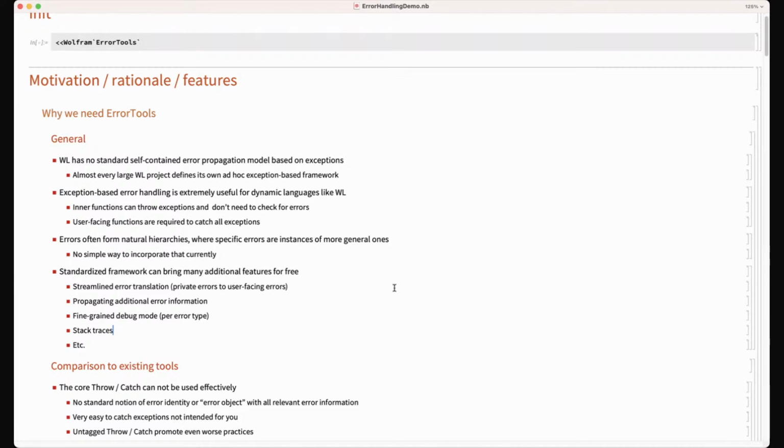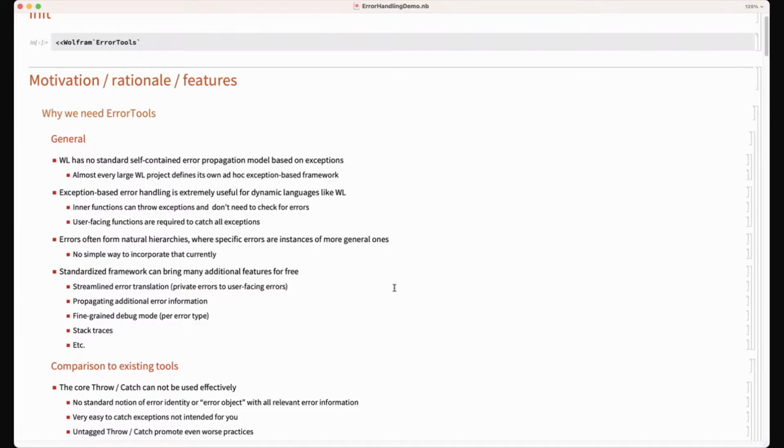So let's maybe, Leonid, you can summarize what we're talking about here. Yeah, all right, thank you. So basically, it has been realized by many people inside and outside the company for a long time that it will be very beneficial for error handling to be based on exceptions, not just in addition to other ways of error handling, which are more applicable for smaller projects.